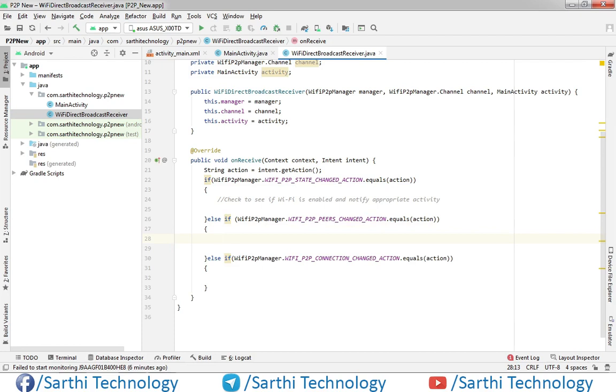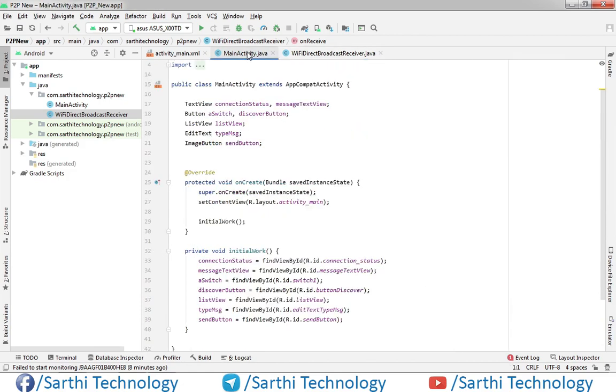The second will be called when we request a new peer of Wi-Fi manager. Okay, so it will get the list of current peers. Now the last is connection change. It will respond to a new connection or disconnection.